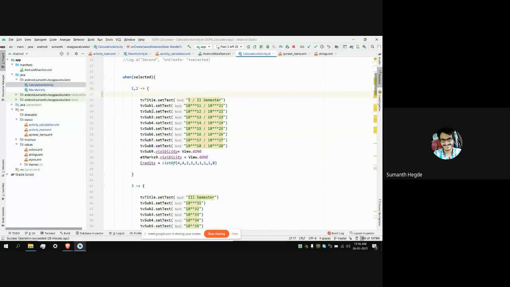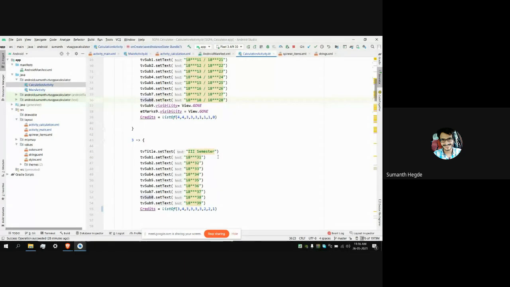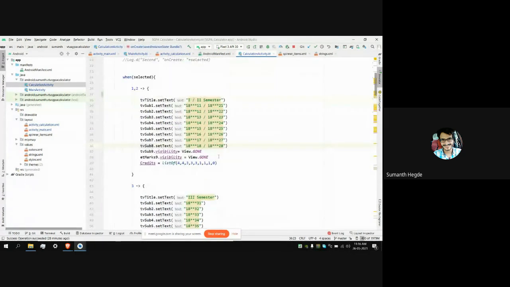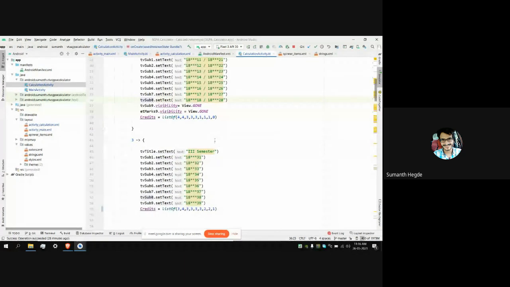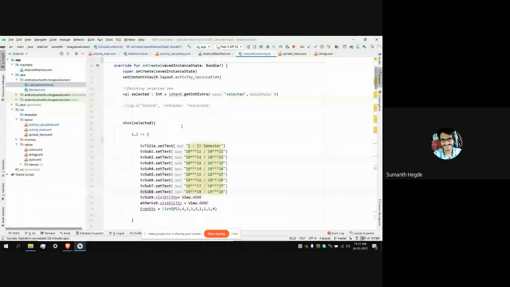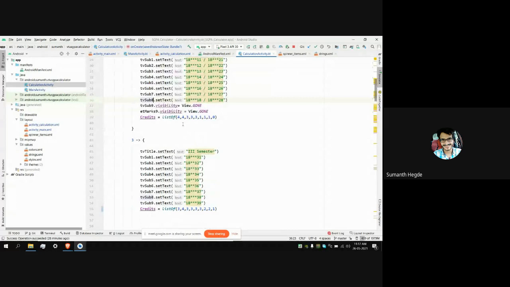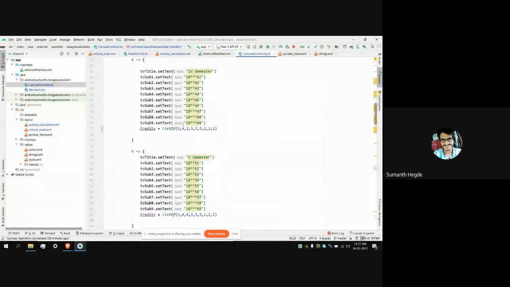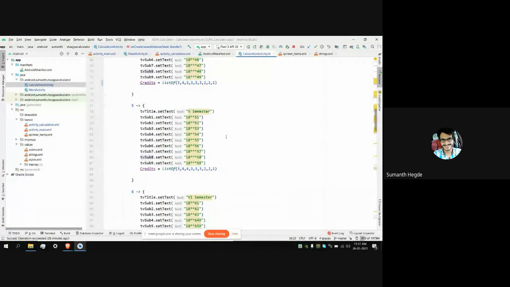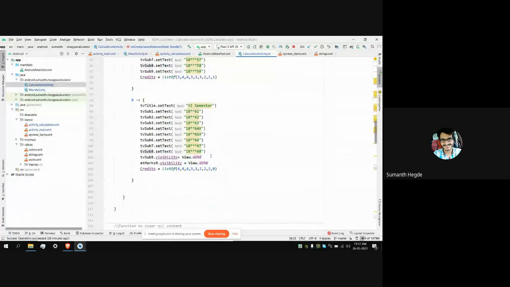You can see here these are all text views for the subject names. Also make a note that in some semesters we have only 8 subjects, but in some semesters we have 9 subjects. For the first and second semesters we have only 8 subjects, but in the third, fourth and fifth we have 9 subjects, and again in the sixth semester we have only 8 subjects.